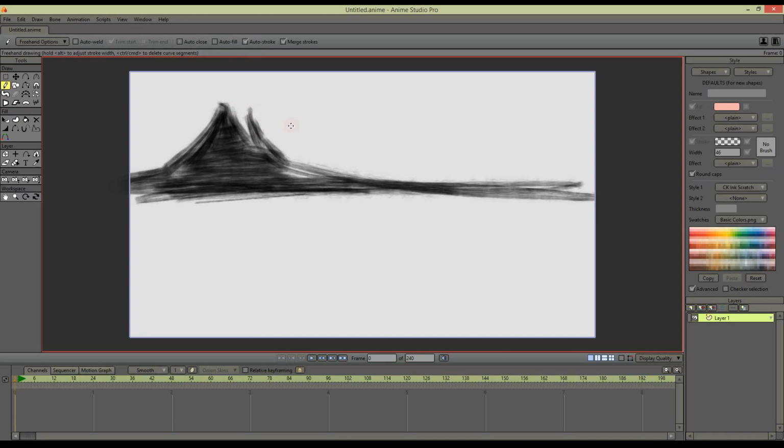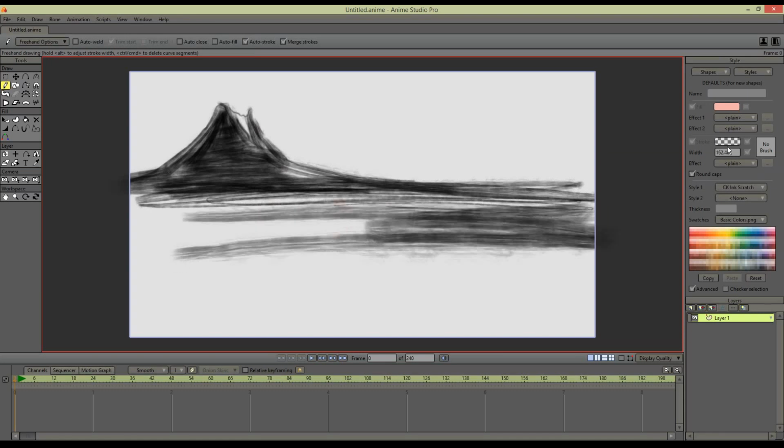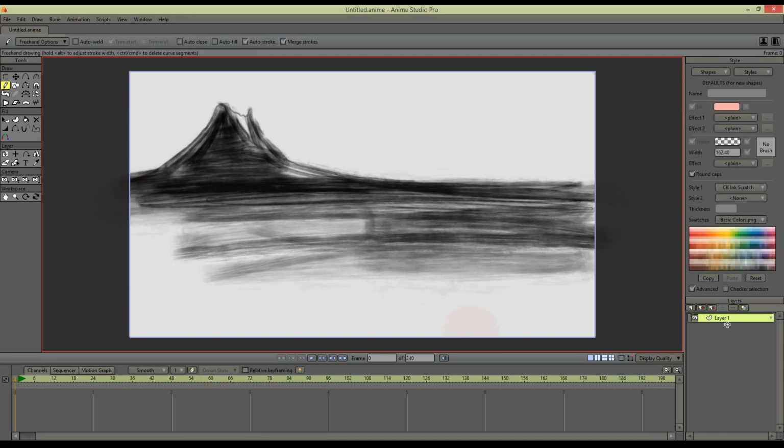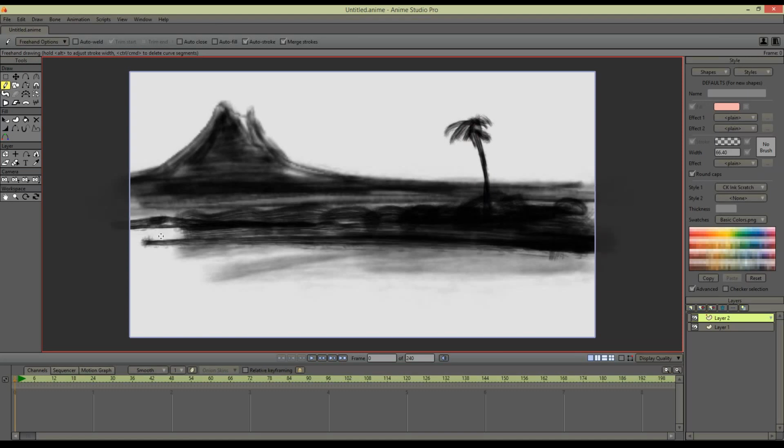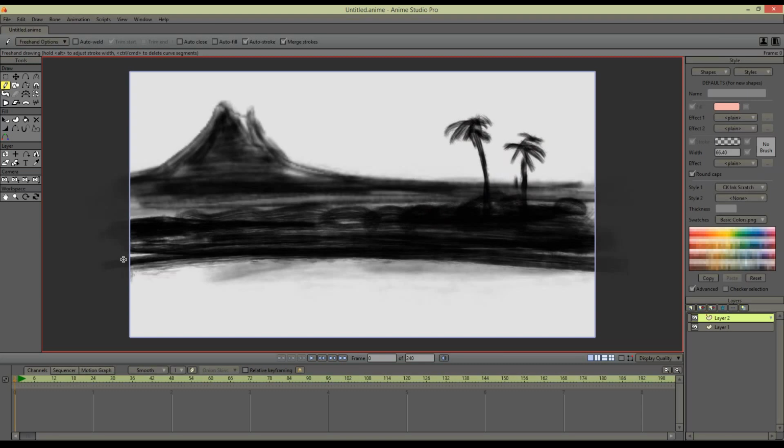So I'll just do a little bit of drawing just to show you this. And then I'll show you how we can use layers, and you can build up your illustration to create depth and whatnot. So what I'm going to do here quickly is a kind of a multi-plane picture, some palm trees here, and I'll go right to the background and I'll draw some